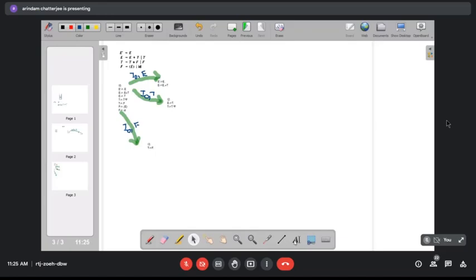So let us do I0 comma ID. Let's call it I4, and it will have only one item, F producing ID dot.